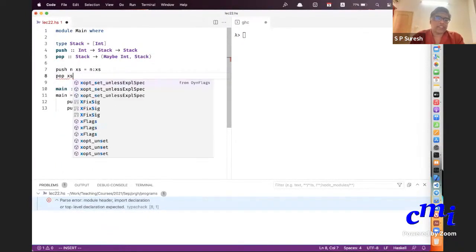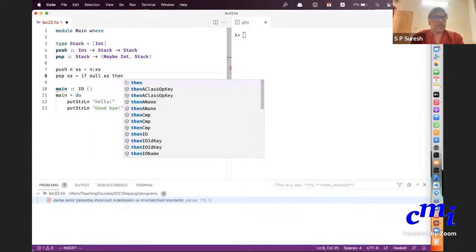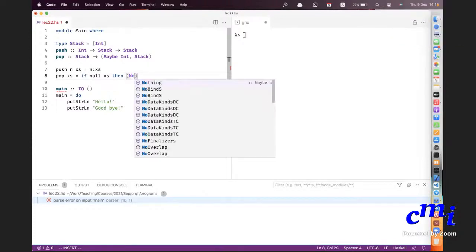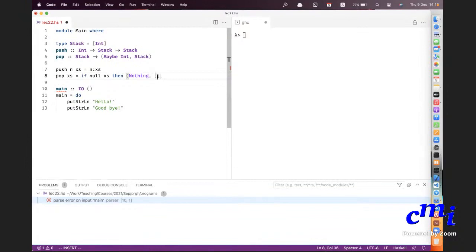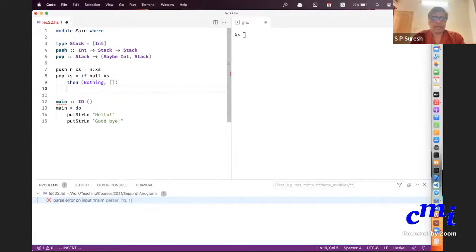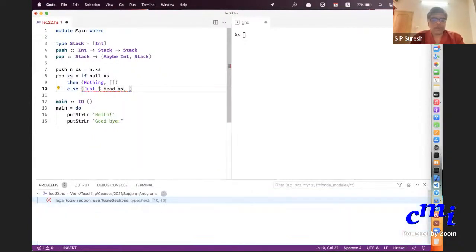Pop of xs is: if null xs, then Nothing, an empty stack, else Just head of xs and then tail of xs.